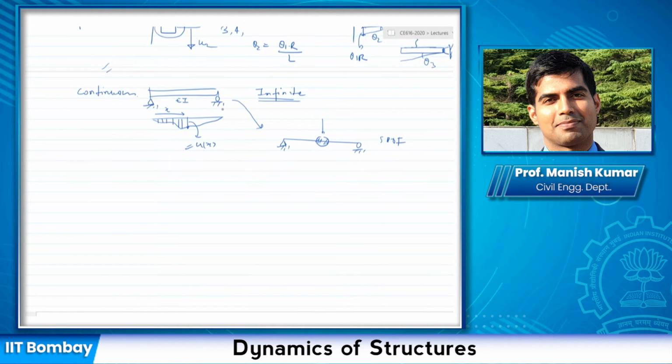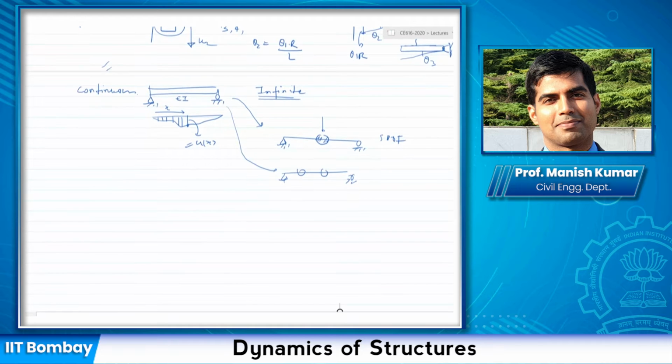Well, if you wanted, you could also consider this as a 2 degree of freedom system, where you are going to represent this through these two masses here. So now you would need U1, U2 to represent this. Is that clear what I'm doing here? How I'm idealizing this system and representing it through different degrees of freedom.